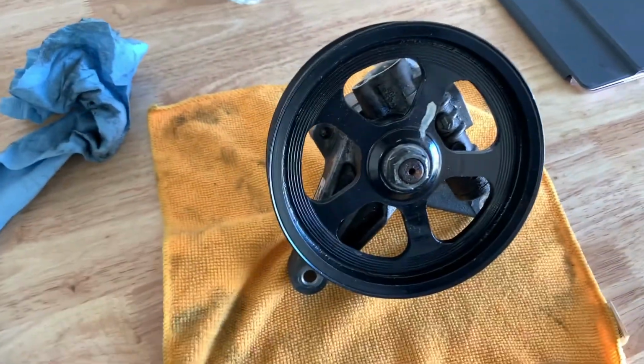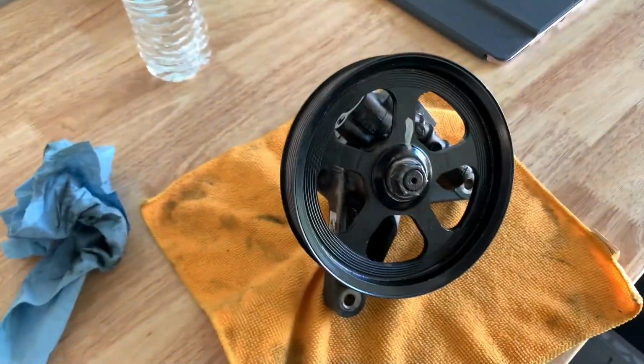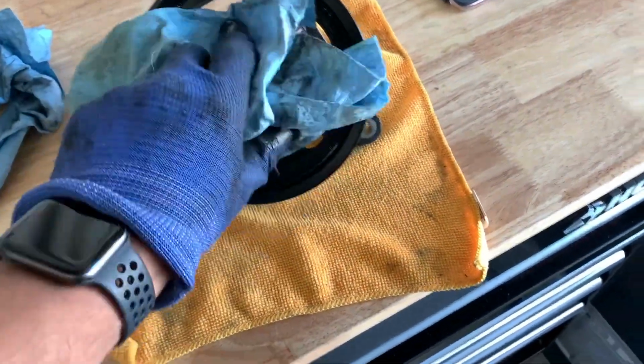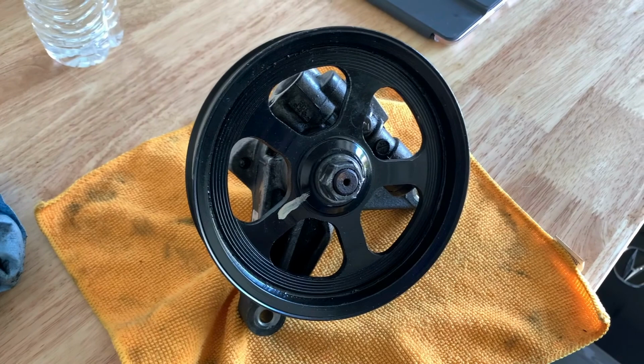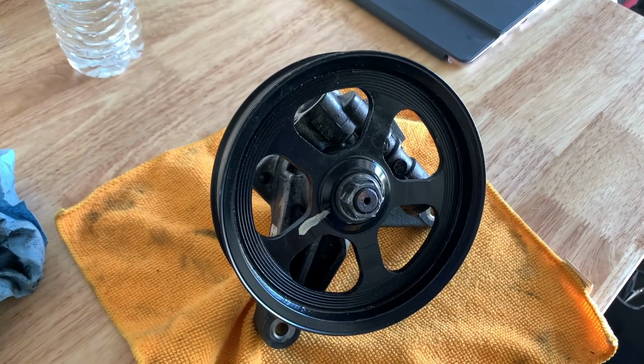So where I'm at this point is, this was done last night. I threw some PB Blaster on it, let it soak overnight, and I'm gonna try it again. I got the compressor charged up, so I'm gonna go ahead and try it again. And this is why I wanted to bring you guys with me, because if anyone is doing the same thing and you run into this issue,